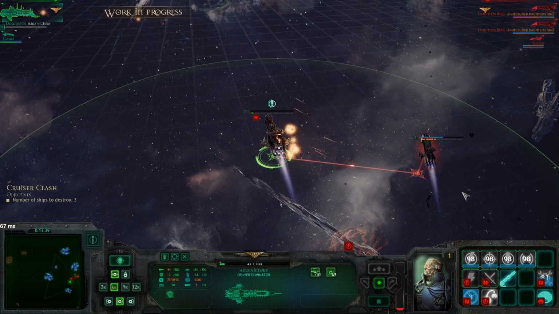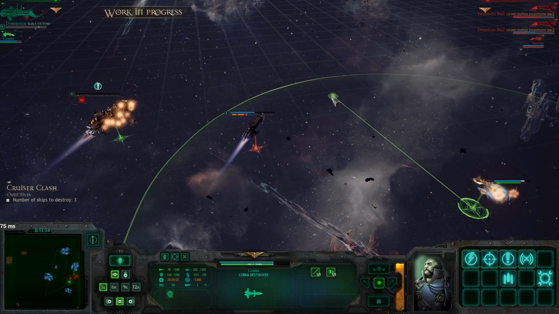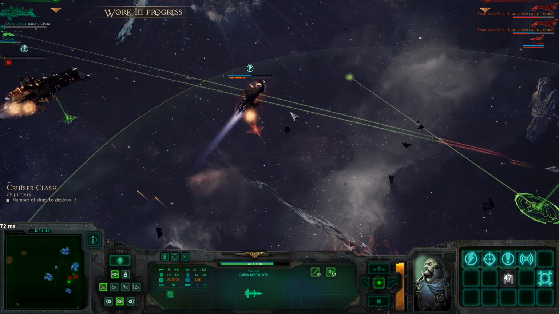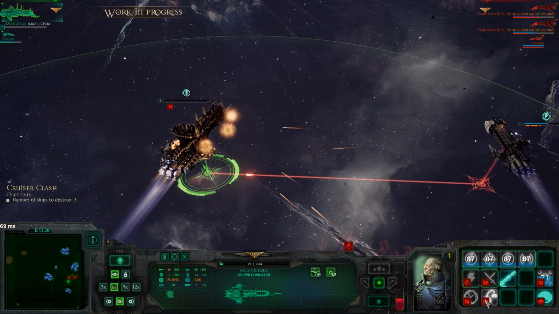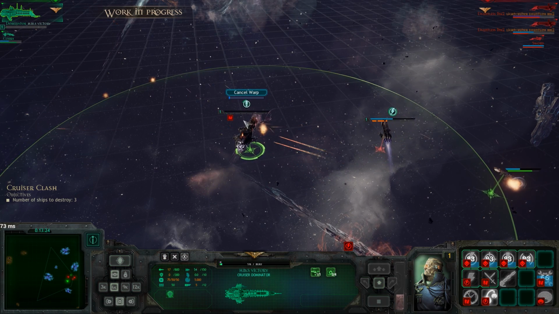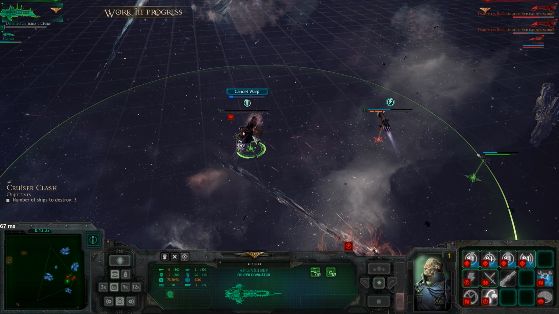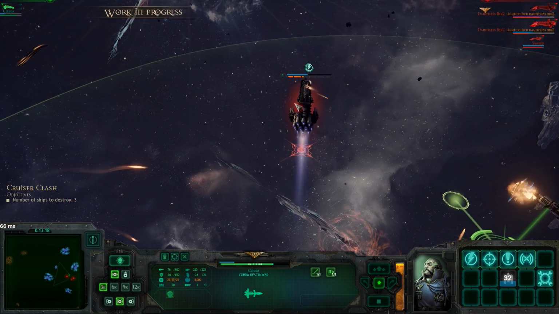Maybe we could take one of them with us. I'm gutted I can't fire the Nova Cannon. That's probably a miss. I should have used the Cogitator. Jesus. So what we should do is try and retreat. We're never going to be able to do it. We're going to die. So she's dead. We can't retreat with escorts because, well...